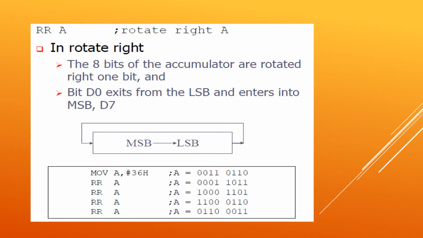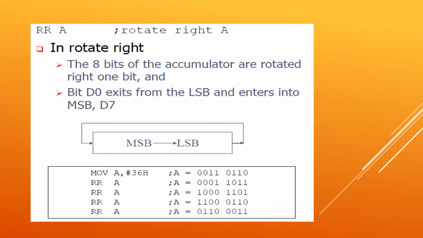Now there are some other instructions related to arithmetic and logical operations, like for rotation purposes. The rotate instruction is a simple one, for example rotate right accumulator, RRA. In many applications we need to perform such bitwise operations. So in the 8051 there are RL, RR, RLC and RRC. They are designed specifically for this purpose, to allow the program to rotate the accumulator right or left.